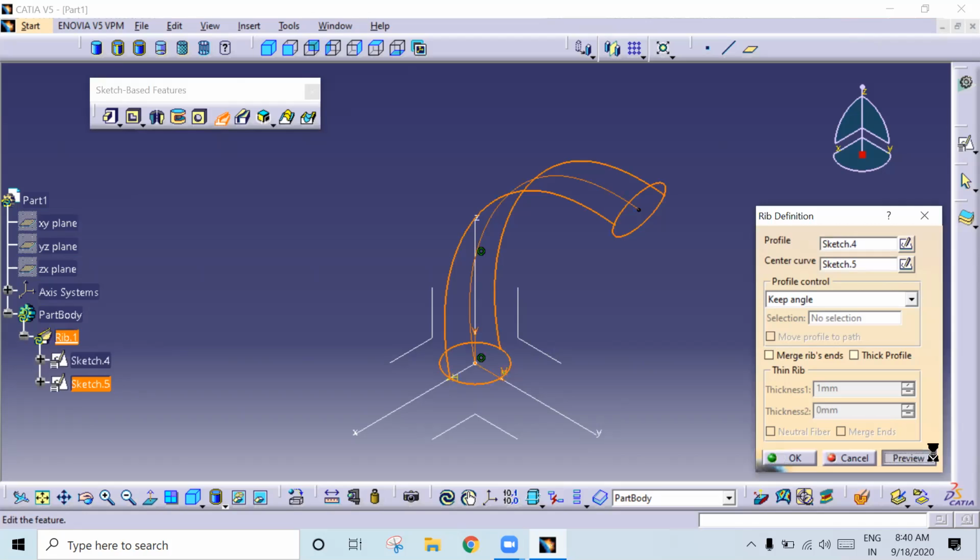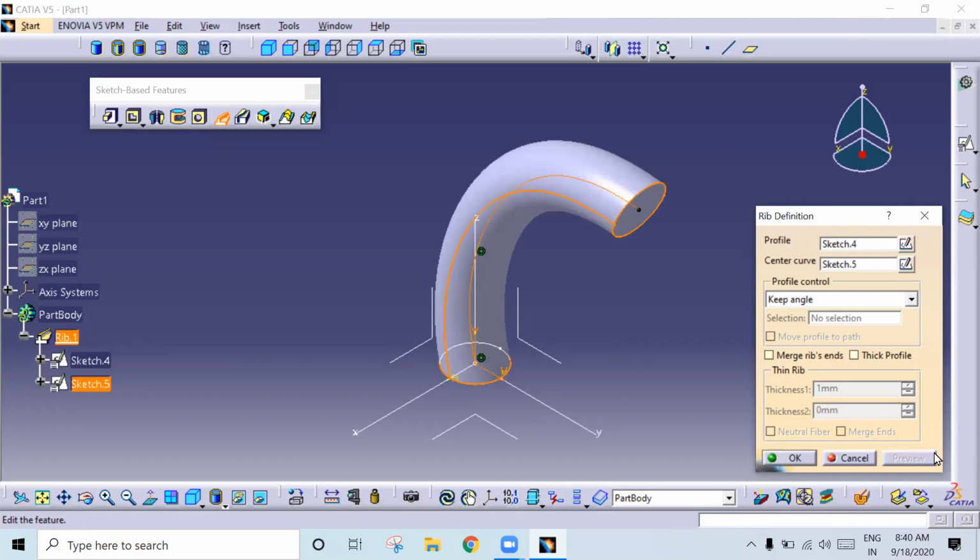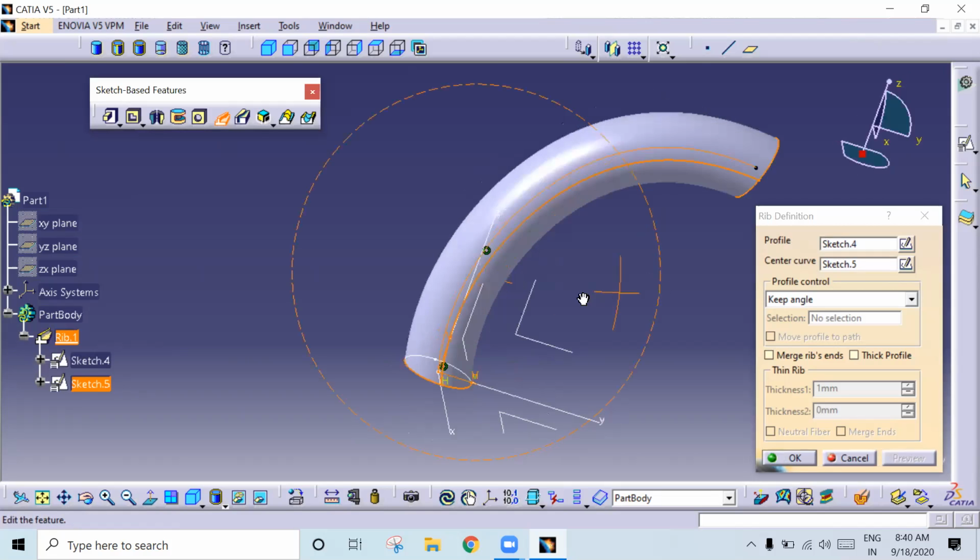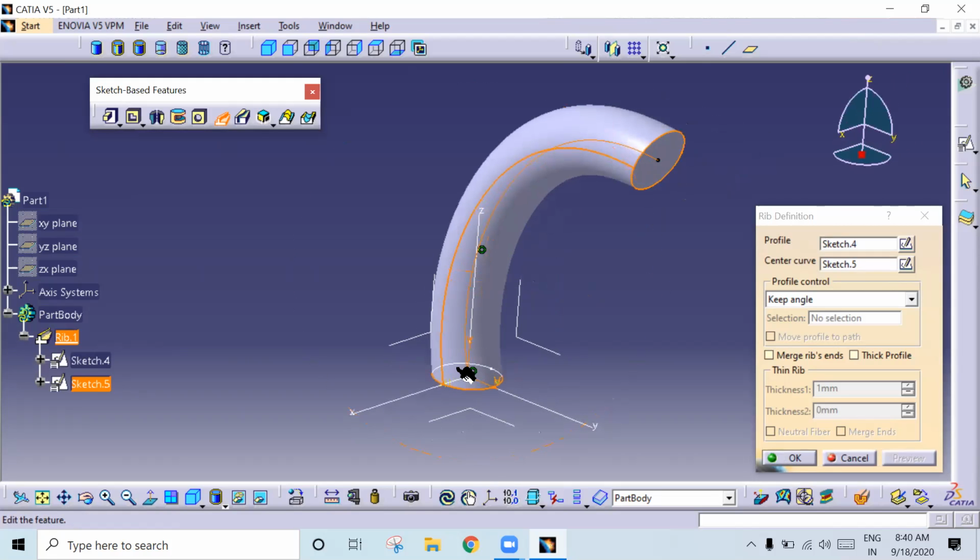See here, the profile will follow the guide curve. The profile should be closed, the guide curve should be open. Okay. All of you got it? Understood? Yes, sir. Okay.